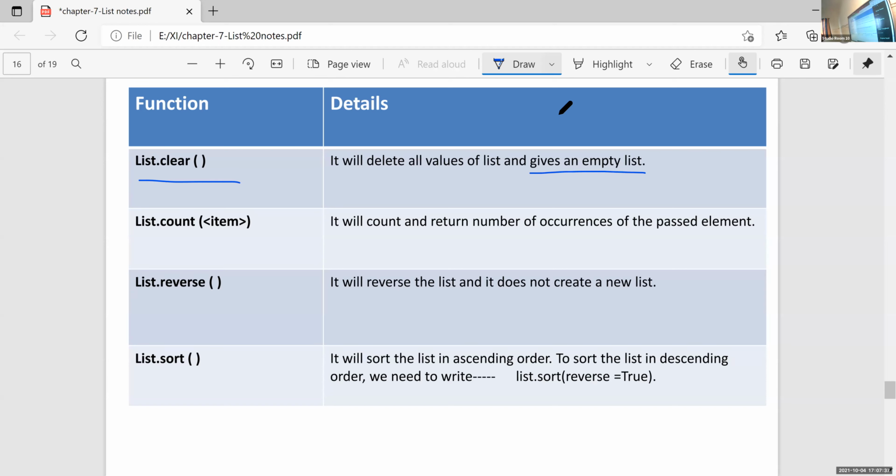It will delete all the values in the list and gives an empty list.